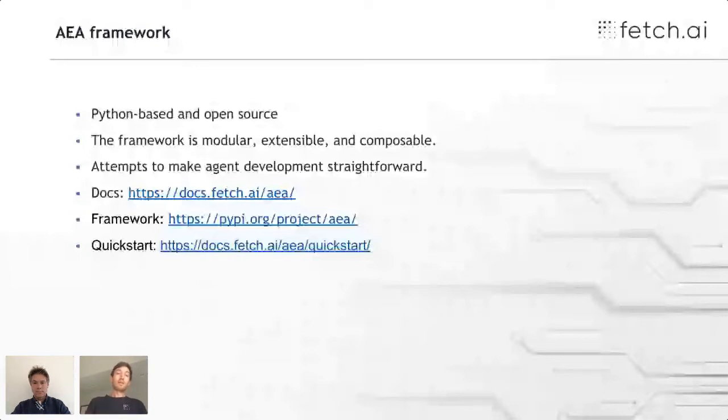But obviously, some applications we have in mind will require different programming languages, but the AA concepts will translate to them. The framework is very modular and extensible and composable, and I'll explain in a moment why that is so.